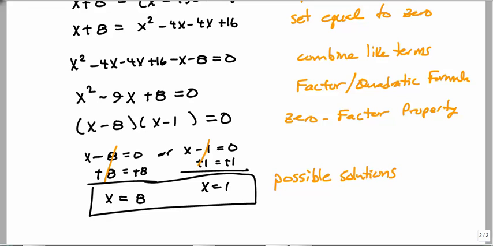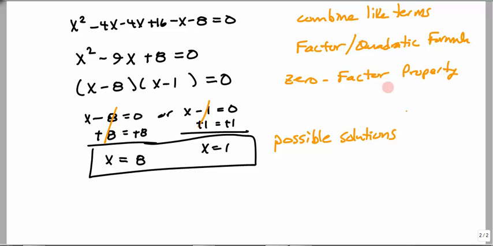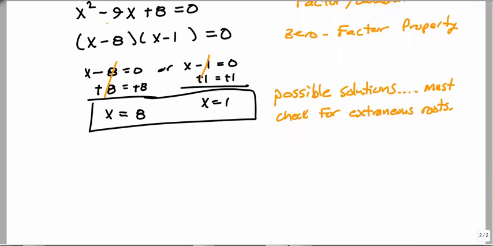Possible solutions. So we have to take these possible or potential solutions and check them for extraneous roots. Okay, so how do we check for extraneous roots? Well, what we do